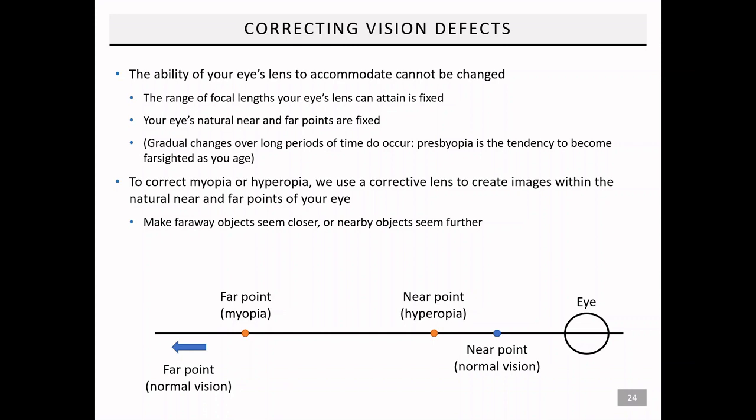Let's say you're hyperopic. So you have a near point that's a bit further than the normal near point. And let's say you're trying to read a book that's close to your eye, where the arrow there represents a book. In order to see this book clearly, you can use a converging lens close to your eye, and the light rays from the lens